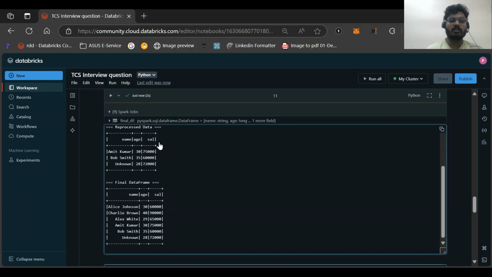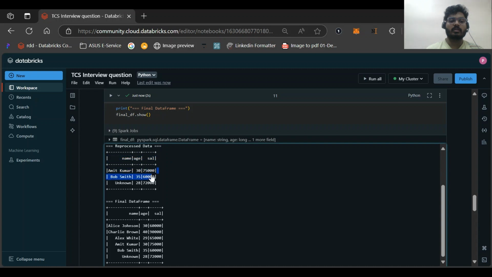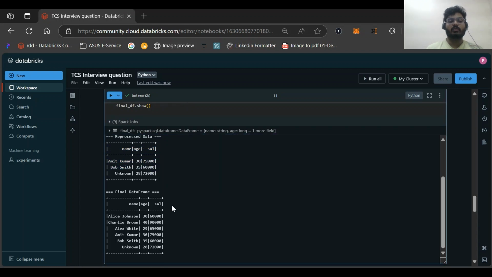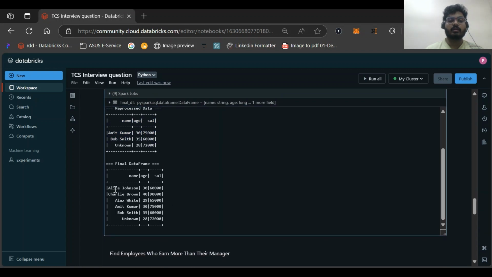So as you can see, we have already visualized all these data frames. Now let us visualize the final data frame. So final data frame comprises all the records, the correct age, the correct salary. So in this way, we can manipulate our code and handle corrupt data, and this can be a good code